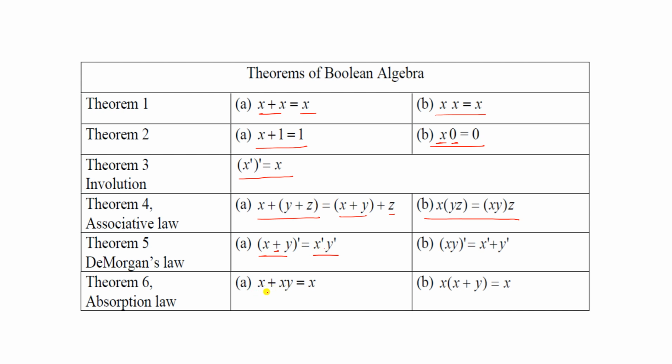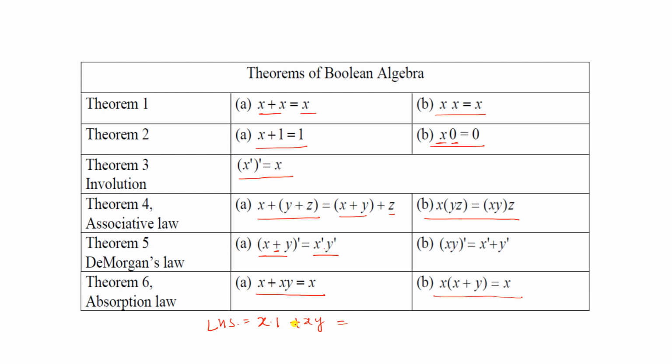Look at this. This is the absorption law, x plus xy equal to x. Similarly, x into x plus y equal to x. So you can make a truth table to check whether the truth values of these are the same or not. Another easy way, without making a truth table, you can also prove this. Look at this, x plus xy equal to x. How can we prove it? x, you can write it as x into 1 plus xy on the left hand side. You can write it x, because x dot 1 equal to x, it depends on x. If it is false, then it will be false. If it is true, then it will be true. So you can write x equal to x dot 1.